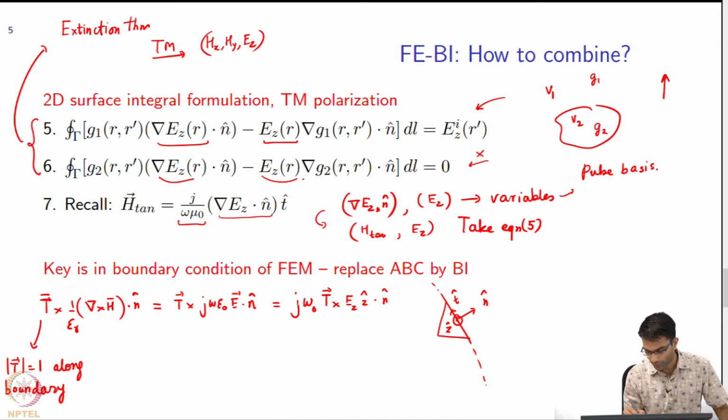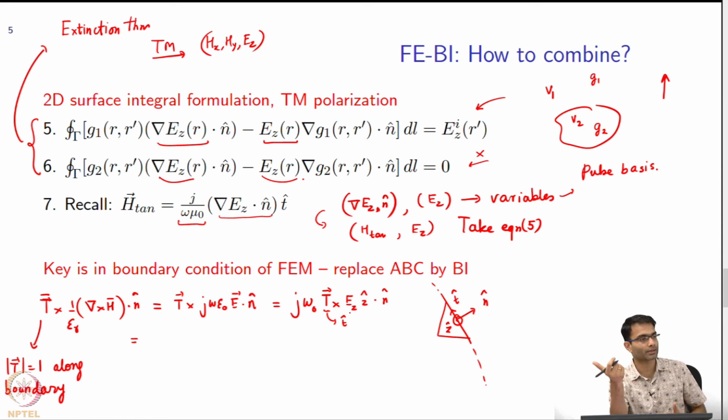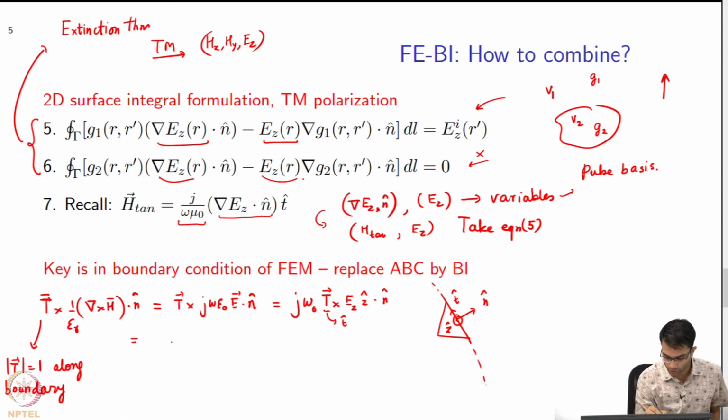alright. So, what do you think will happen over here? Can this expression get simplified? So, I have a vector of magnitude 1 along the t hat direction. So, they have a t cross z. T cross z points in which direction? This guy is pointing along t hat. So, t cross z, right hand thumb rule gives you n hat, right? N hat dot n hat is 1, right? So, this is actually going to give you plus or minus j omega naught into the value of Ez,